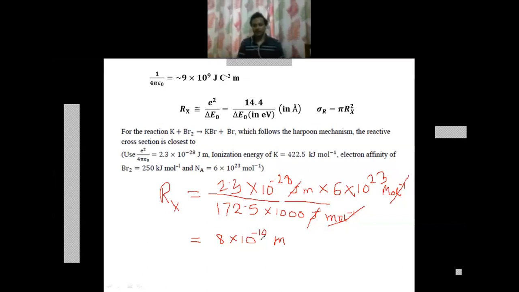So for the answer, four answers were given like these numbers, right? So one was 15 into 10 to the minus 18 meter square. So the answer is going to be the second one, that is 2 into 10 to the power minus 18, because if you do pi r square, this is 8, right? And then if you make it square, that is going to be 64, then pi is going to be 3.14,